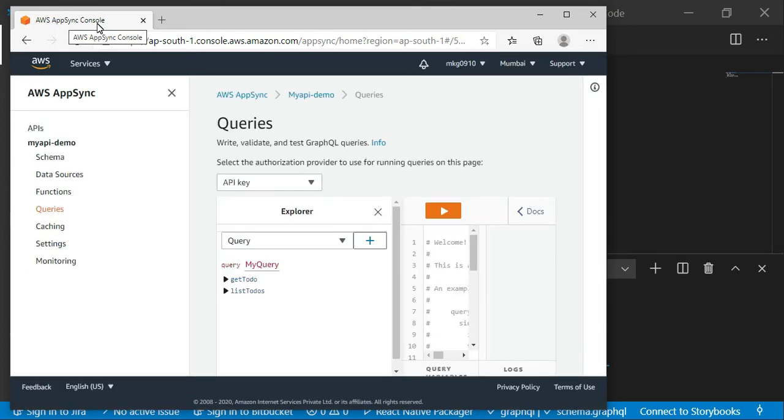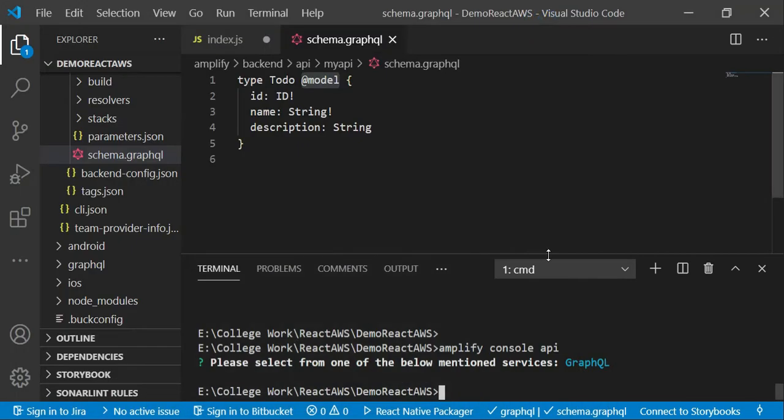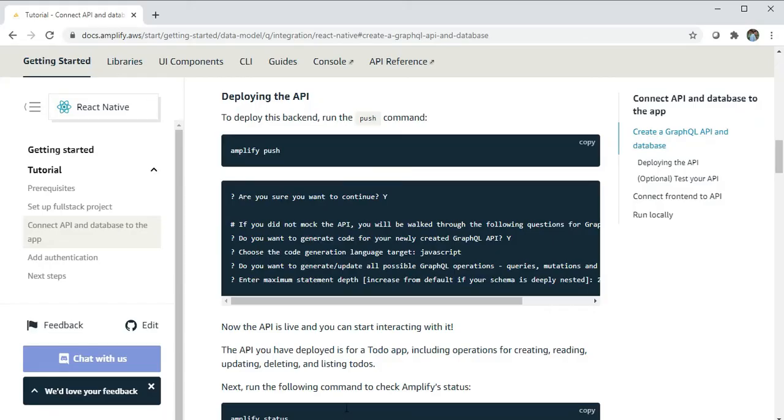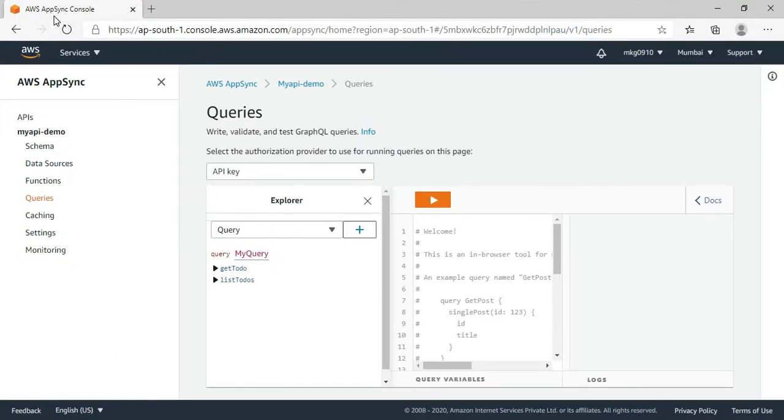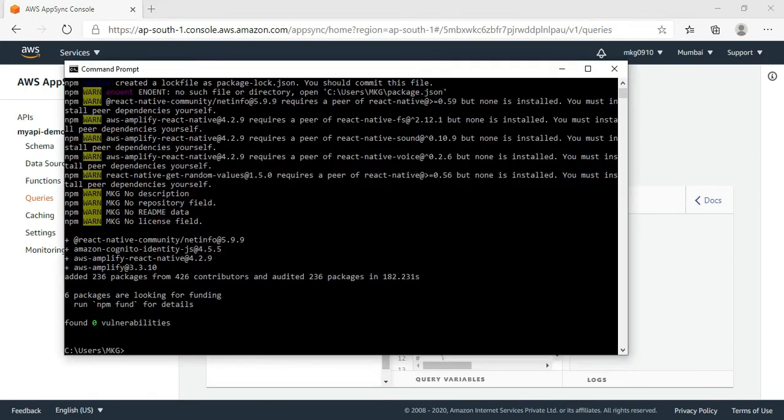If you want to view your API in this particular console, then as I said earlier, which command do you have to execute? Amplify console api. You can open this console. See here, this is the AWS AppSync console. Here we are getting our GraphQL API. See, my API that we have created earlier. So if you want to view it in the console, you can observe this through the console using which command? Using this amplify console api command.